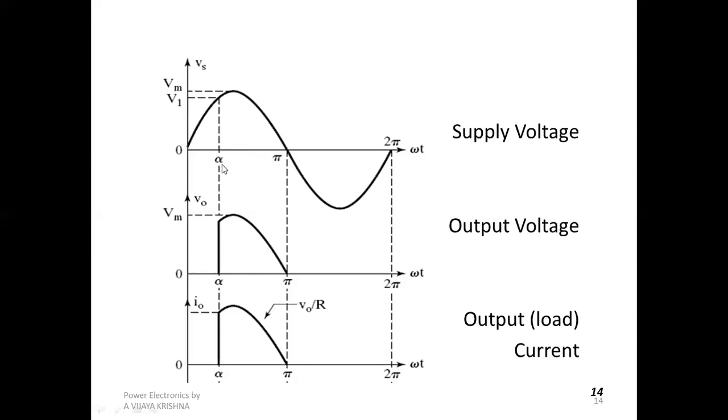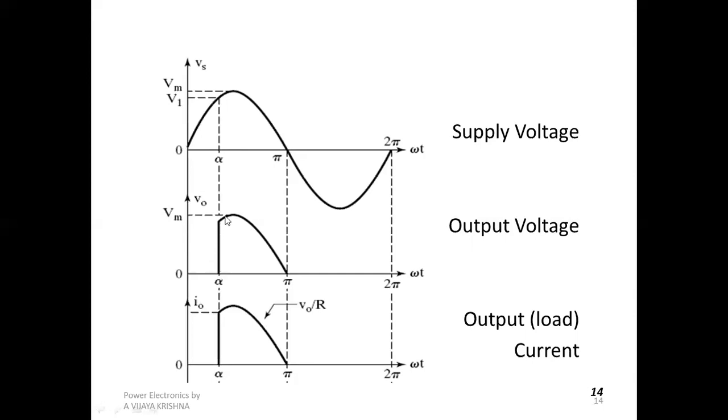These are all the same firing pulse or switching pulse. We are giving these towards the gate terminal. For a thyristor, whenever the gate terminal is given a switching pulse or firing pulse, then only the switch comes to the turn on position. Therefore, alpha is nothing but the angle at which the thyristor is switched on, alpha degrees. Here, if you observe, this is the Vm value or output voltage.